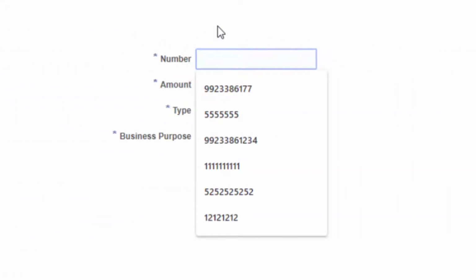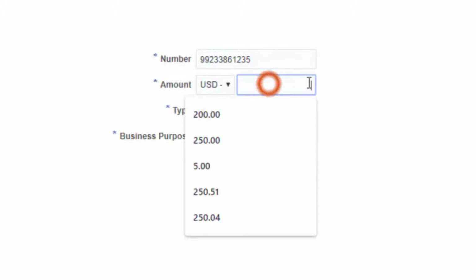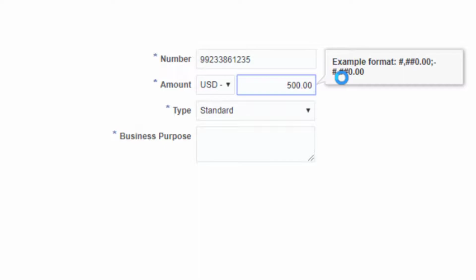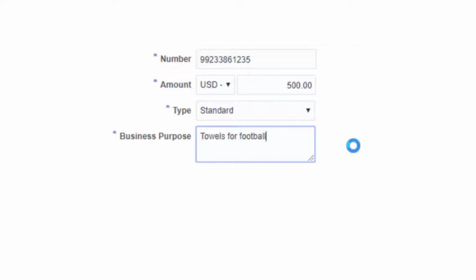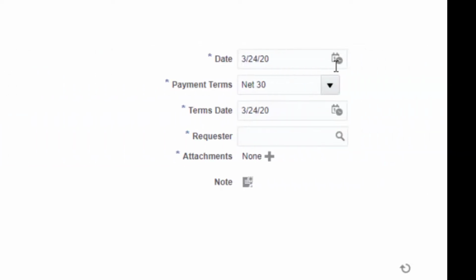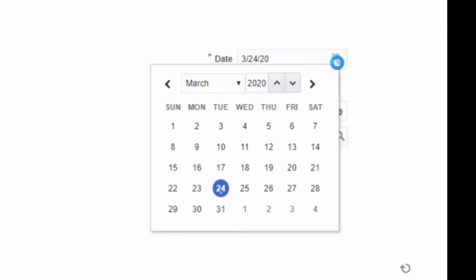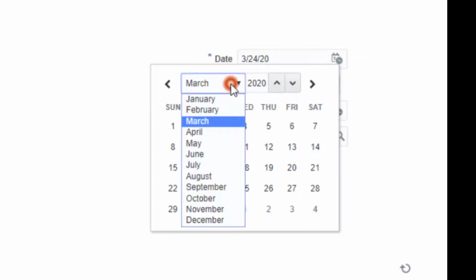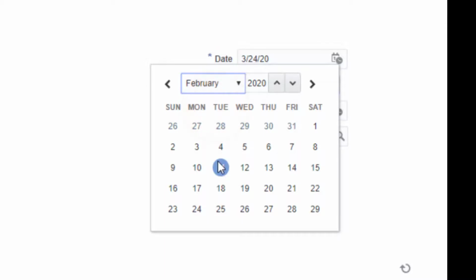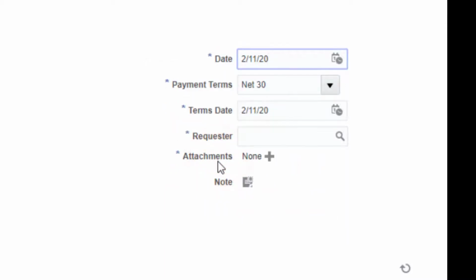Enter the invoice number from the invoice document, or use the invoice numbering convention if a number isn't provided. Enter the amount, and don't change the type. Enter a detailed business purpose for the transaction. For the date, be sure to enter the date listed on the invoice. If there is no date, enter the date of service. If dates span over a period of time, enter the last date of the range.